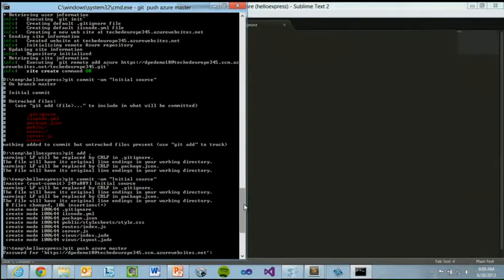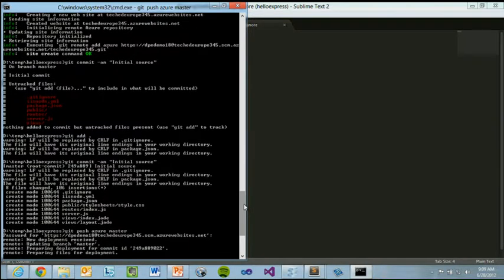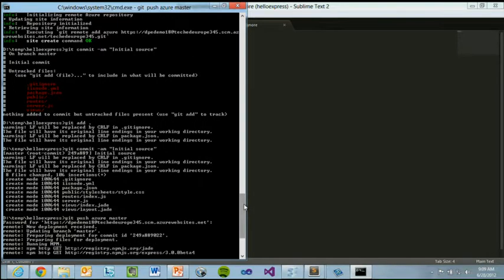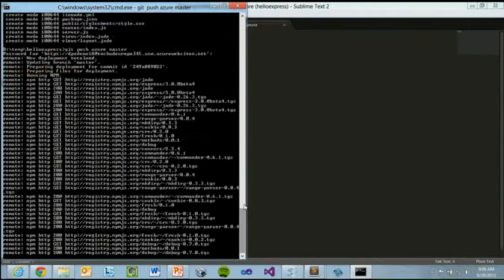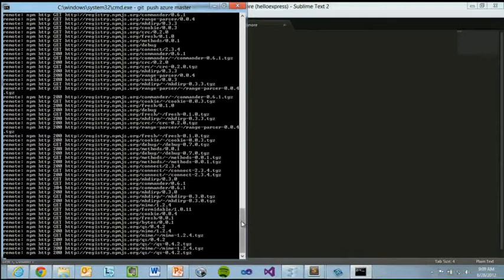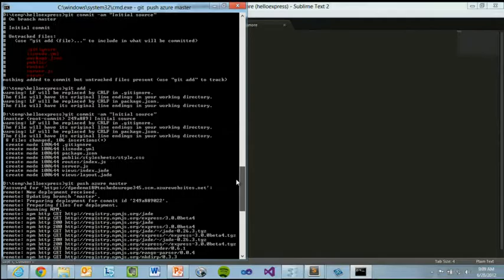And then it's just asking for my deployment credentials for Windows Azure. And then we see our app is publishing. So that running npm there, that's actually going and looking at our package.json file and downloading those onto the server. So we didn't actually have to upload those, which is why even on the not super fast conference internet, we